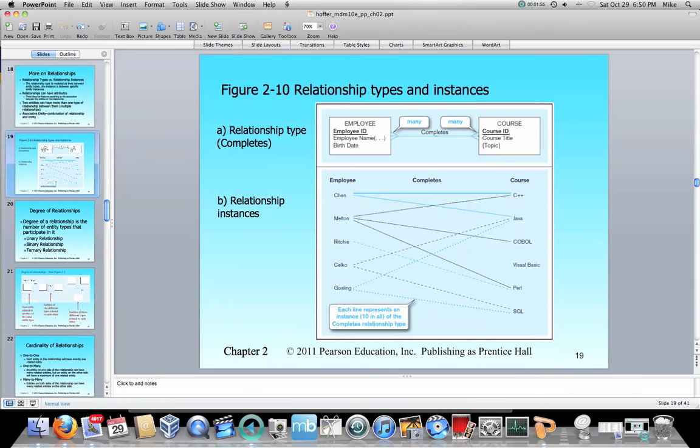What you see here is what's known as an instance diagram. On the top we have the relationship type. We have the two entities that are involved and the relationship is called completes. So I have employee completes a course, as opposed to a student completing a course. And on the bottom we list some instances of employees and some instances of a course, and we draw lines in between. And we say to ourselves, all right,